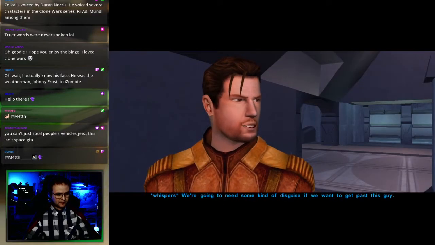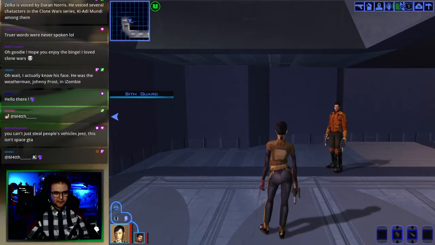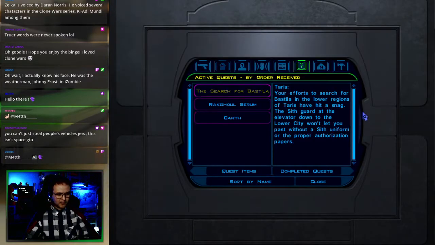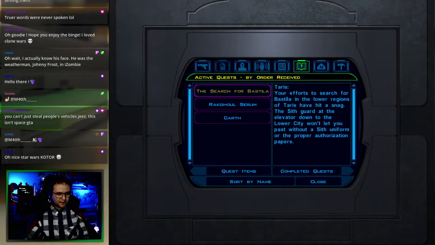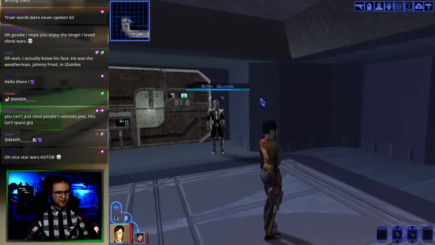We're gonna need some kind of disguise if we want to get past this guy. Yes, I got that. I think I get where this is going. Your efforts to search for Bastila in the lower regions of Taris have hit a snag. The Sith guard at the elevator down to the lower city won't let you pass without the Sith uniform or the proper authorization papers. Yeah, okay. So should we ask, are we... I don't want to risk...